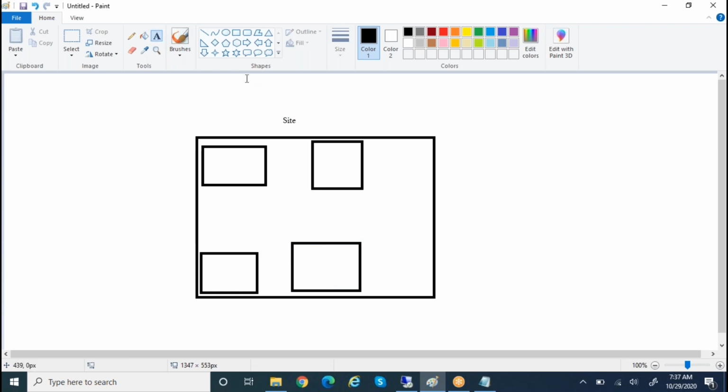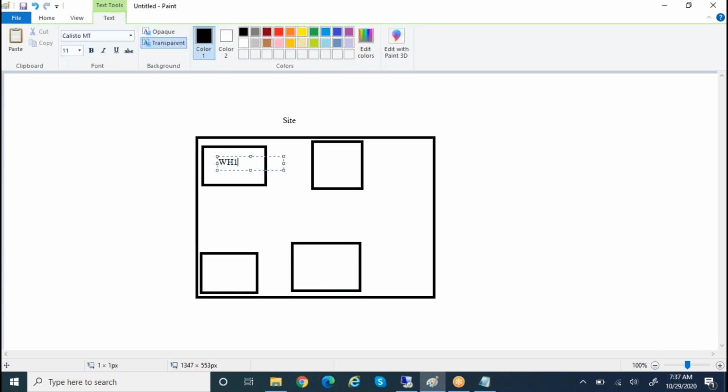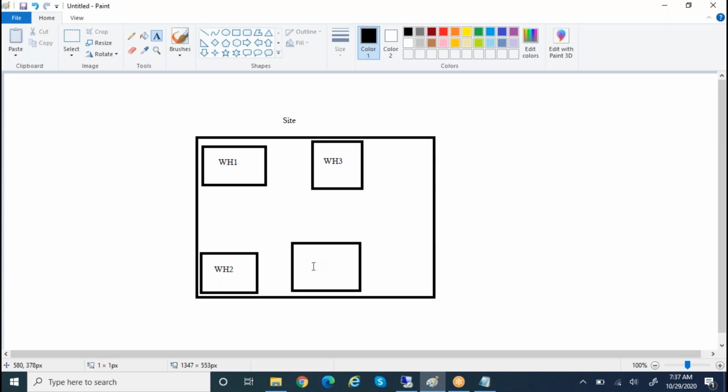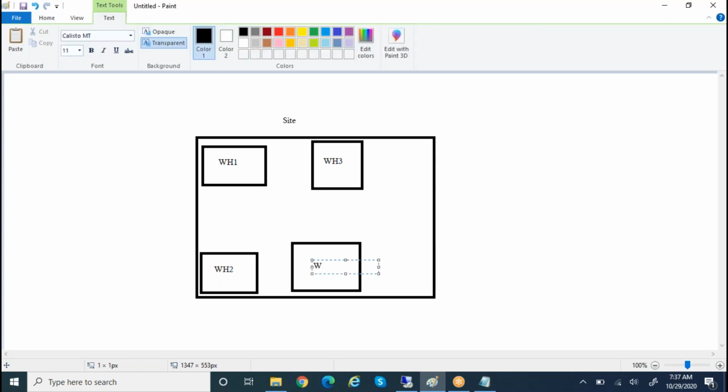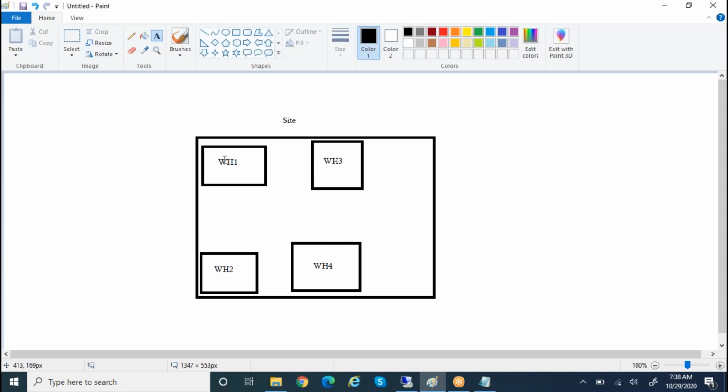This is one warehouse, this is another warehouse, another, and another. So under the site, there are 4 warehouses.